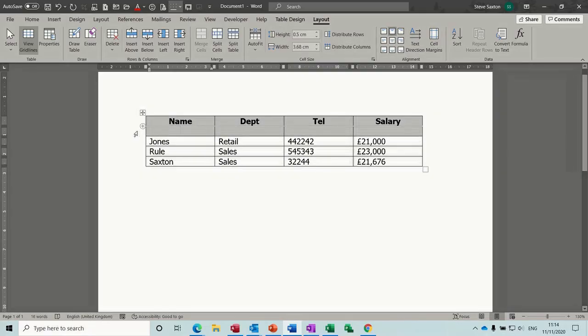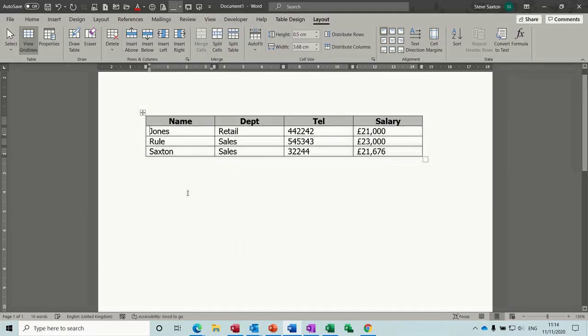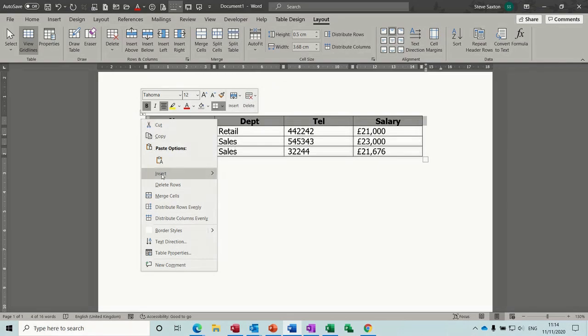But I don't want that, so I'm just going to get rid of that. Right click, delete row again. There's lots of different ways of deleting things. You've got delete at the top there, you've got insert above and below, insert left and right, lots of different ways. But I want to insert above, so I'm highlighting the top row and then right clicking insert above, rows